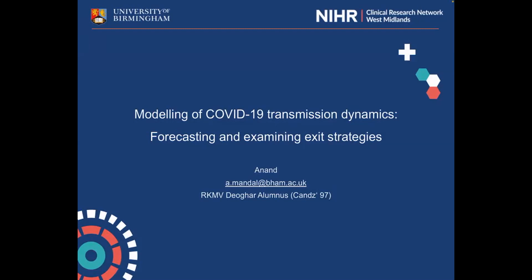So I will present how mathematics was involved in COVID-19 transmission projection. And so what I'm going to present today is the work with which I was associated with the government of UK. So this is a joint work between University of Birmingham and NIHR, which is National Institute of Health Research, and how we fed the government of UK. And we were not the only team to feed, but since we are in one of the biggest areas of UK Midlands, so how our things were taken into consideration when policies were built.